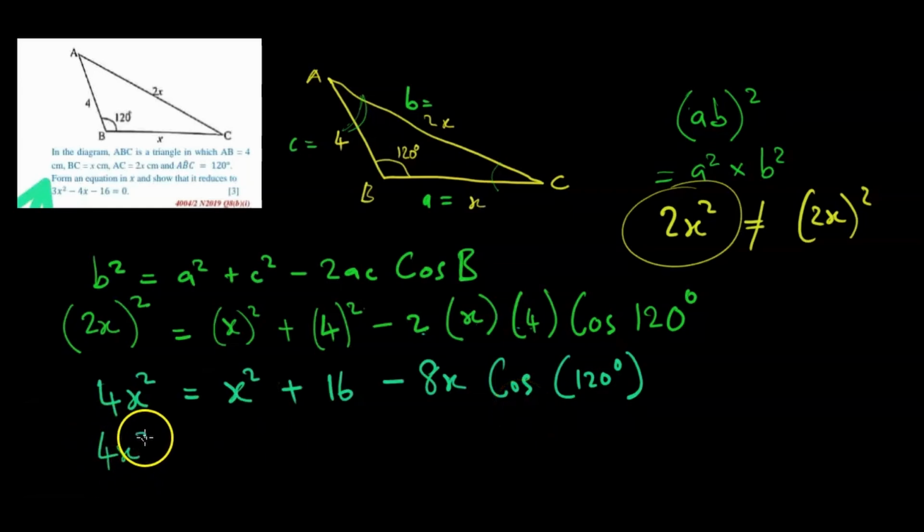Saka 4x squared is equal to x squared plus 16, then it's minus 8x multiplying. What is the cos of 120 degrees? Saka the cos of 120 degrees, deno kwanga kuri kupepa 1 vaigona kungotipa the cos of 60 instead, vachiziva kuti question ichada kuti titsvage the cos of 120. Saka ndiisire pano. Iyi inobvunzwa mumacomments kana munhu ari interested kuti kuri kuti tapiwa the cos of 60 tinowana sei the cos of 120. Tinokwanisa kuiwana.